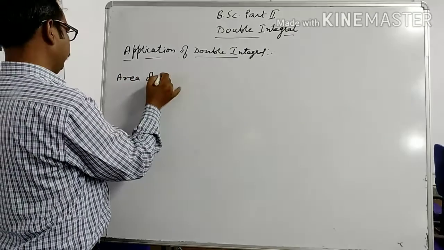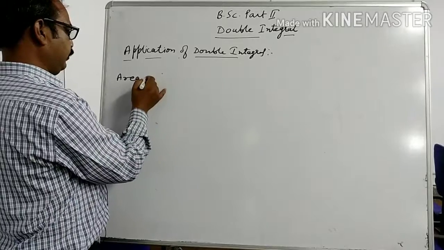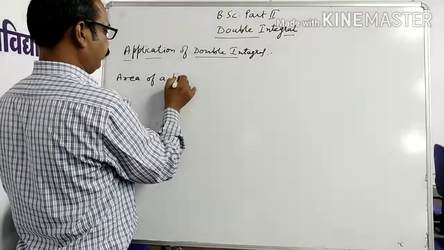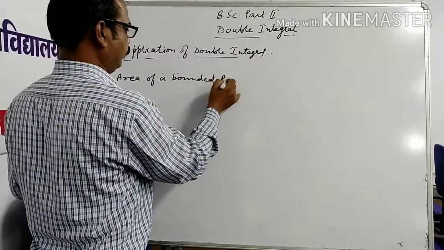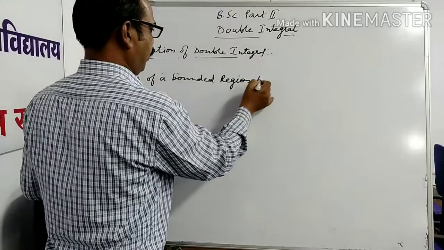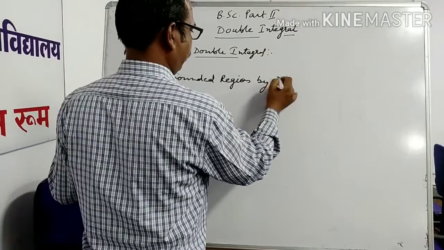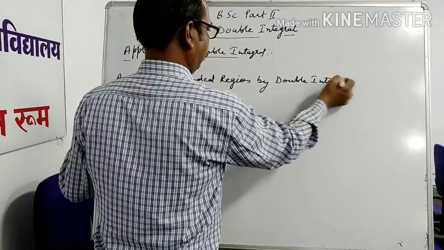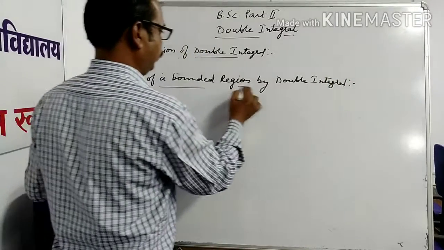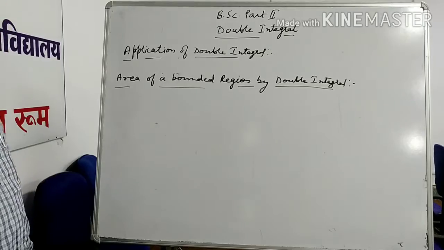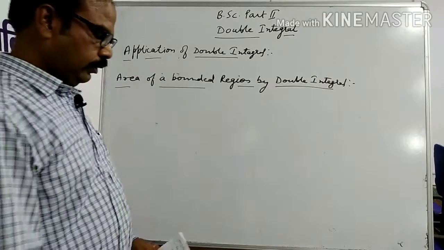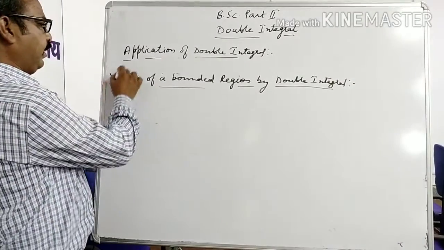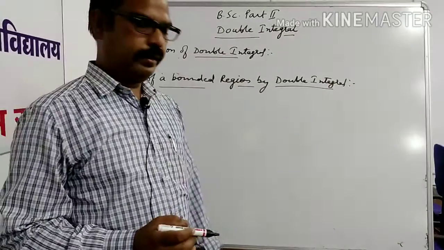of a bounded region by double integral. Area of a bounded region by double integral. So to find the area by use of double integral, let